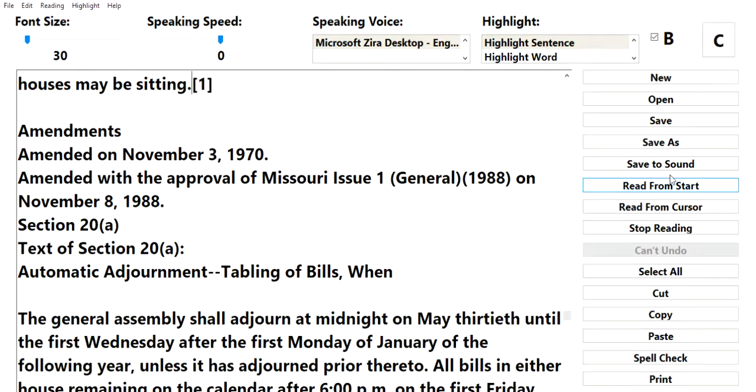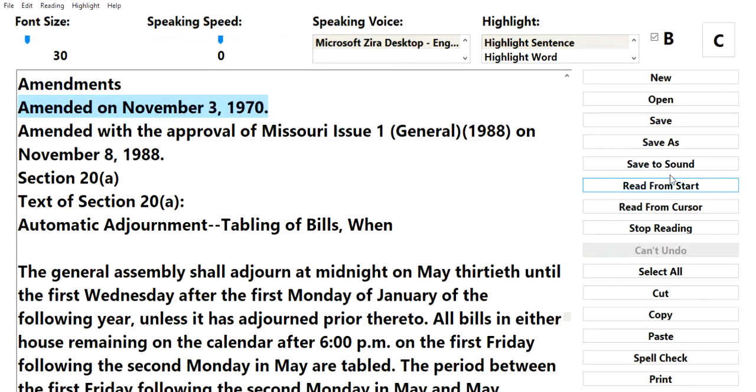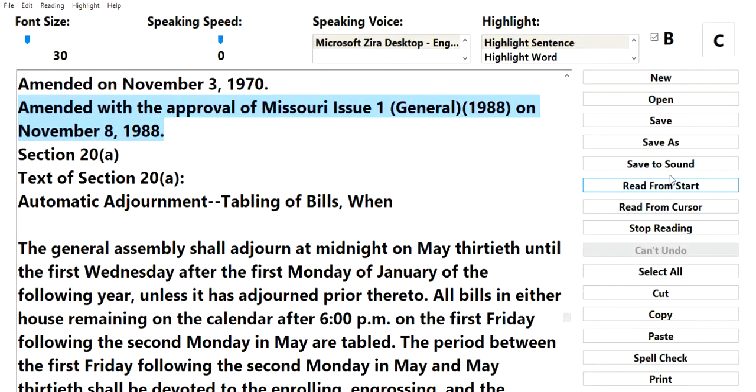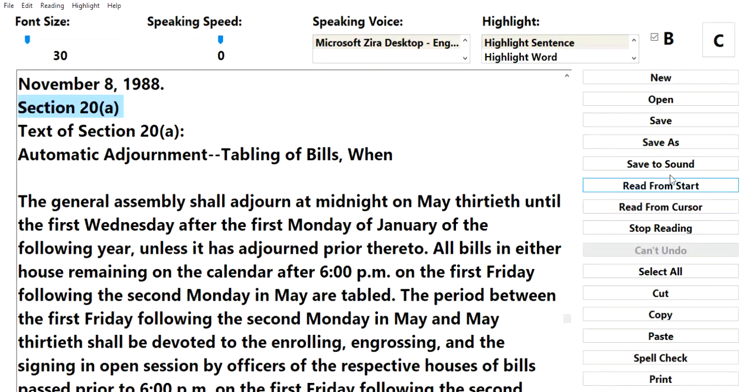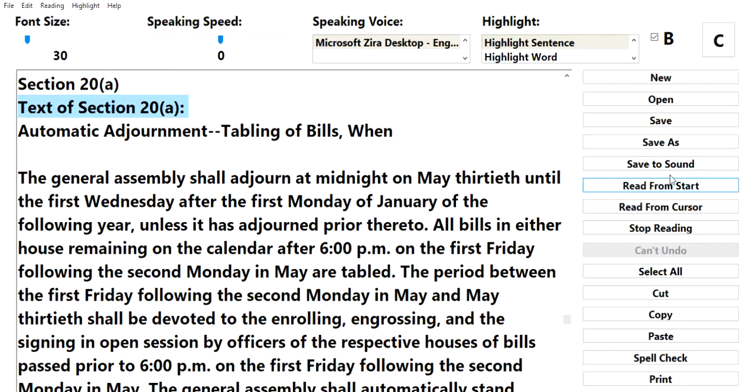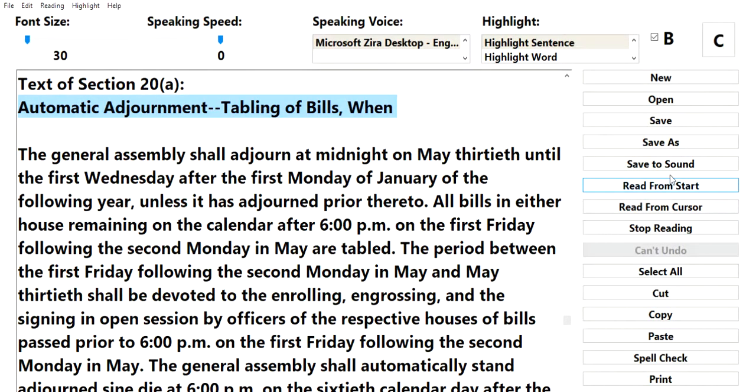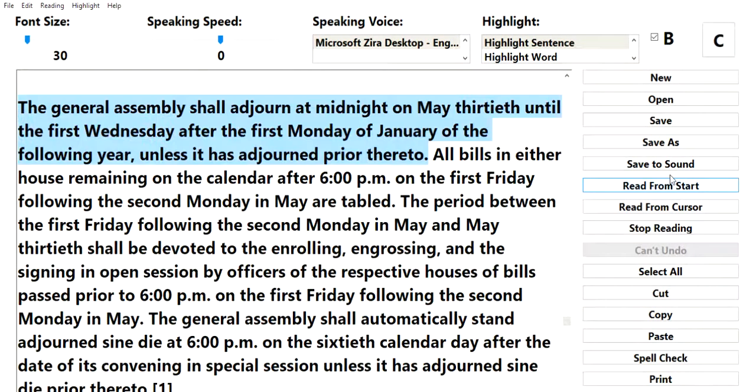Amendments. Amended on November 3, 1970. Amended with the approval of Missouri Issue 1, General, 1988, on November 8, 1988. Section 20(a). Text of Section 20(a). Automatic adjournment, tabling of bills. The General Assembly shall adjourn at midnight on May 30 until the first Wednesday after the first Monday of January of the following year,